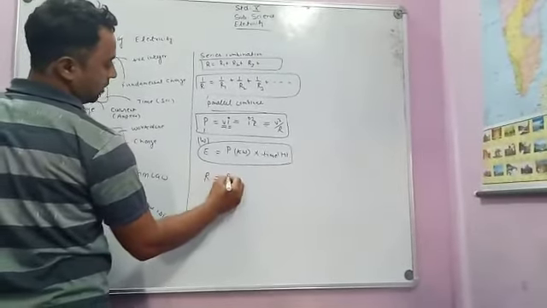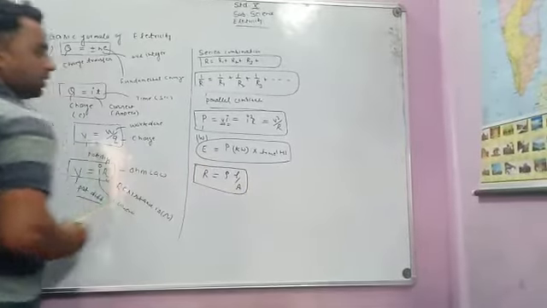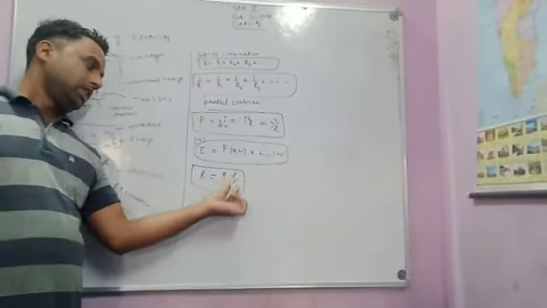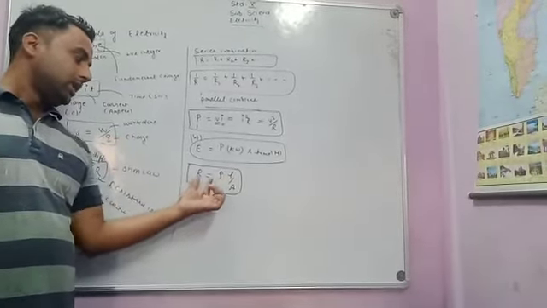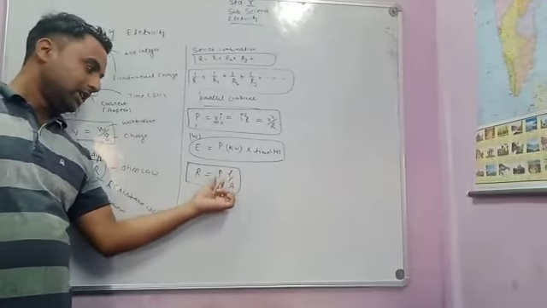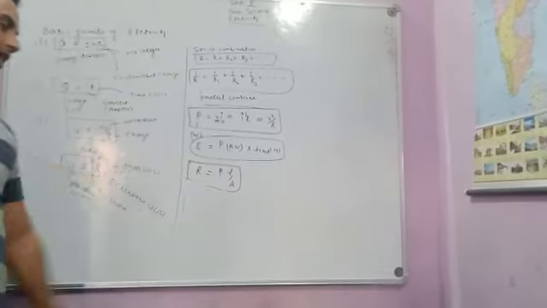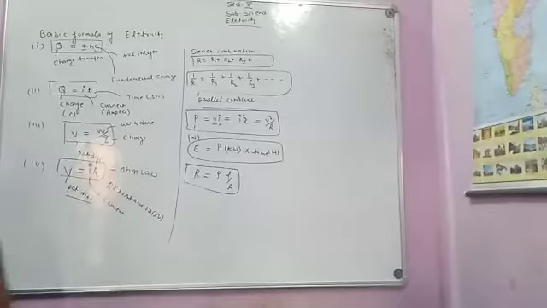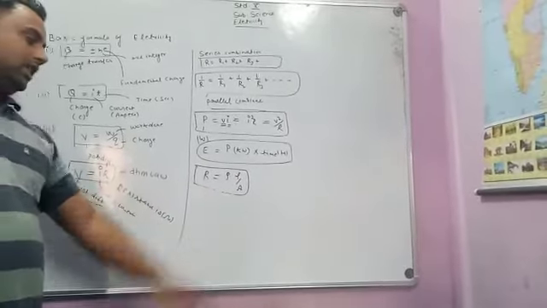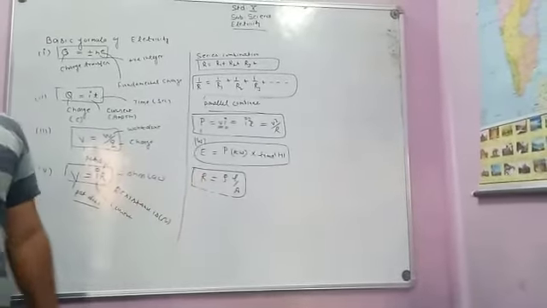One more simple formula is resistance R is equal to rho into L by A. This is also an important formula. Resistance is equal to resistivity into length by area, and it plays a major role for length, area and resistivity. Here we can say that resistance is proportional to the length. If the length is more, the resistance is also more. If the length is less, the resistance is also less. If the area is less, the resistance is more. Here, resistance and area are in inverse proportion.